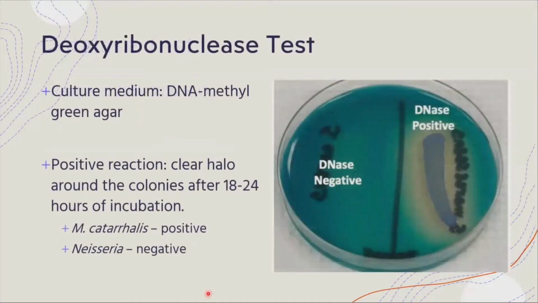We also have the deoxyribonuclease test or the DNase test. So nabanggit na rin or na-discuss na rin naman natin to during our lecture with gram-positive cocci, no? So ang positive dito ay kapag nagkaroon ng clearing ng area around the colony. Kasi kapag nagpo-produce ng DNase yung ating organism, so masisira niya or